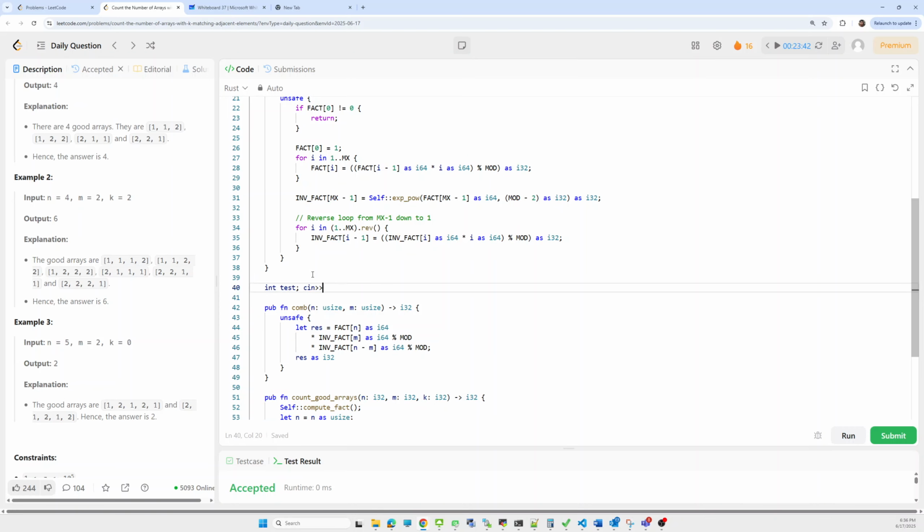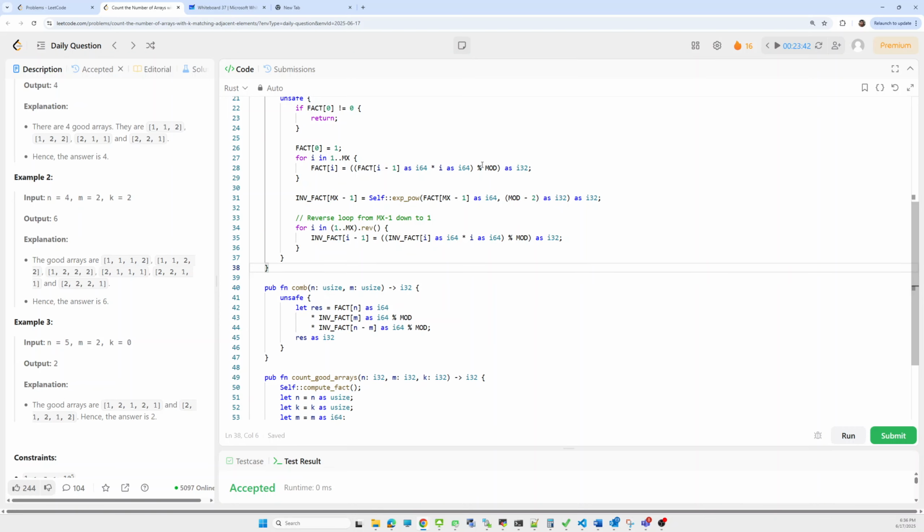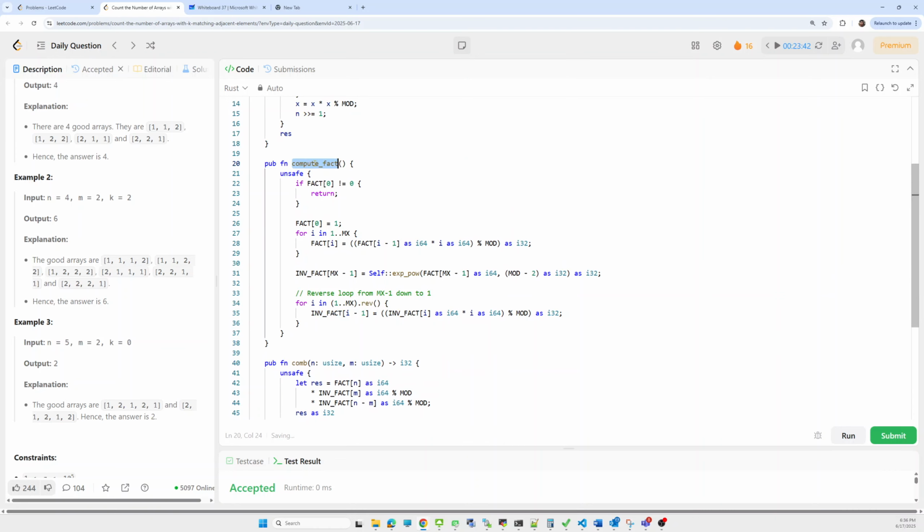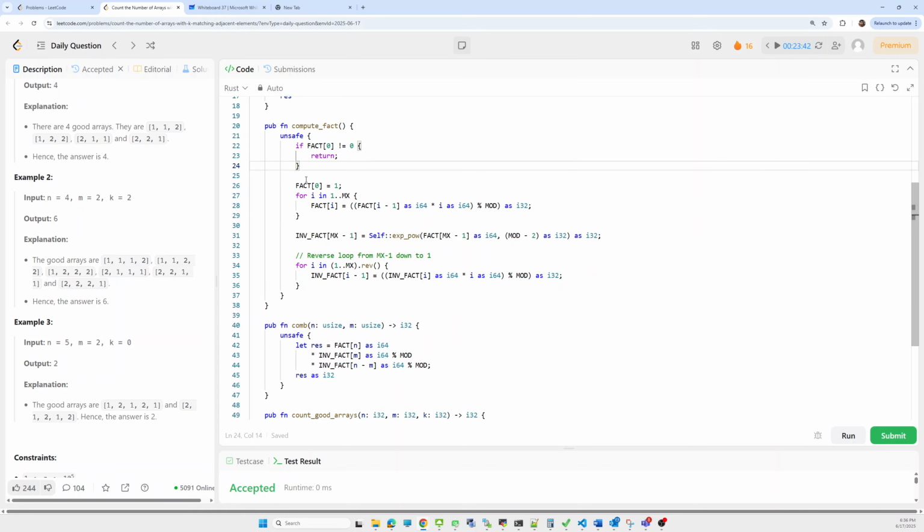No, that's one reason for this condition. If the factorial part is already computed, then we return from here, else we have to calculate the factorial part. Now how can we do a for loop, range based?